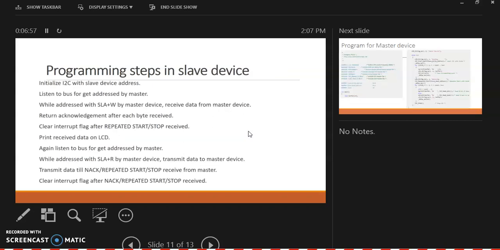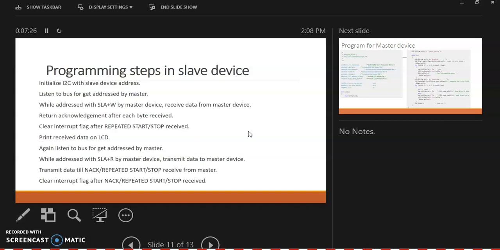The steps in the slave device: initialize I2C with the slave device address, and listen to the bus for the address from the master. We wait for the address, and when addressed with SLA+W by the master device, receive data from the master device and return acknowledgement after each byte is received. We clear the interrupt flag after the repeated start or stop is received.